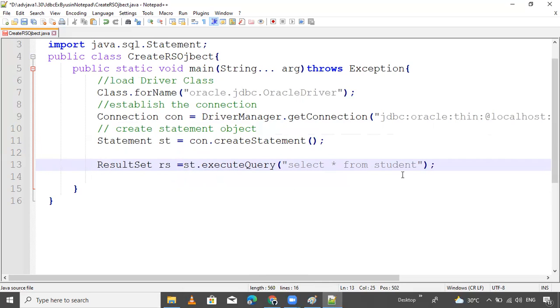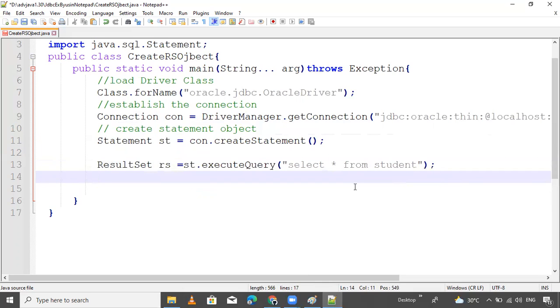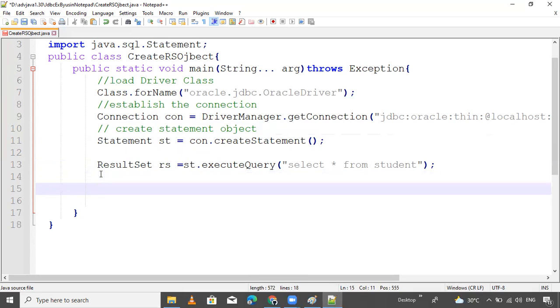You get the data inside the result set object. Then you can retrieve the data from the database, extracting the data from the rs result set object. So what should we do?